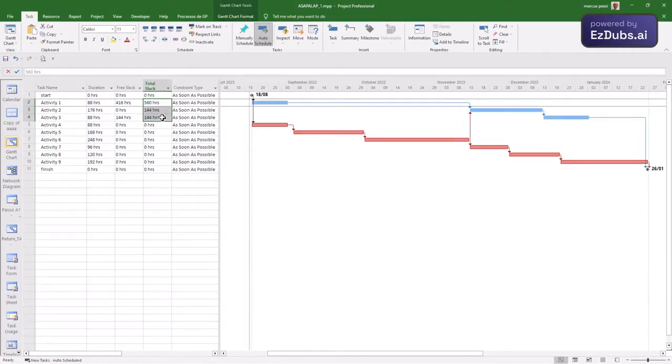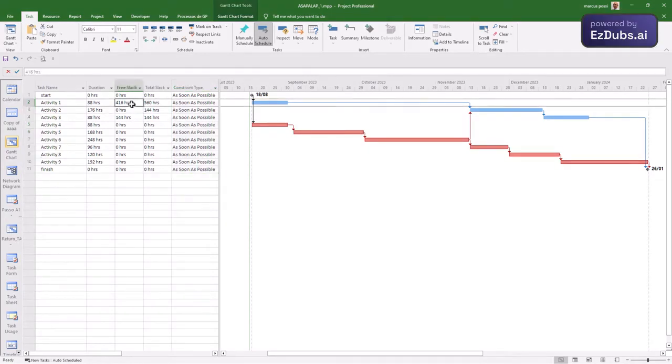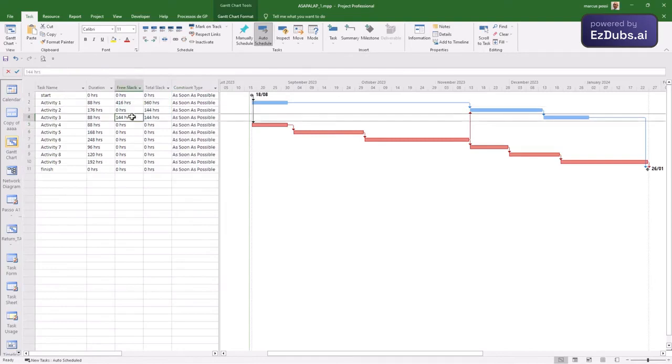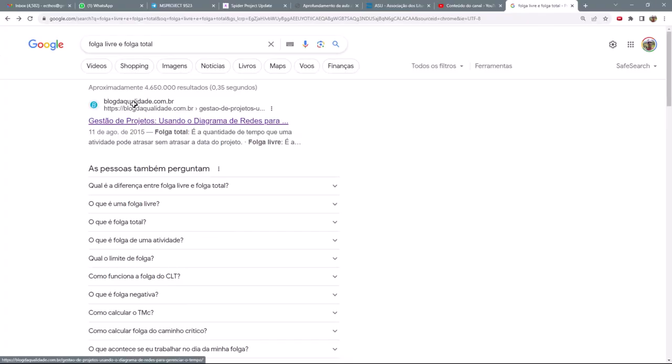And we verified that in this tool all activities are as early as possible. And we have free slack. Here the free slack: the first activity has free slack, the second does not, the third does. The first one has free slack and I want to understand what free slack is. I asked Google for help and it gave me the difference between free float and total float.